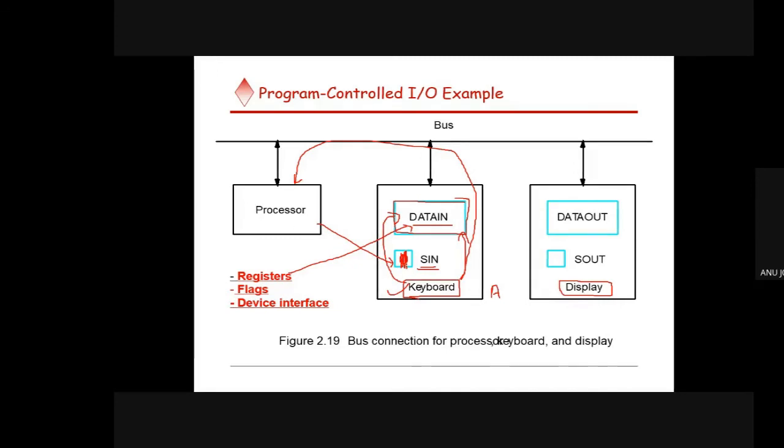If SIN flag is 1, that means from the input device it has read the input and it was stored in the data in register, and data in register is full. So that time your SIN will be having value 0. If the processor is again coming and checking what is the value of SIN, and if the SIN value is 0,